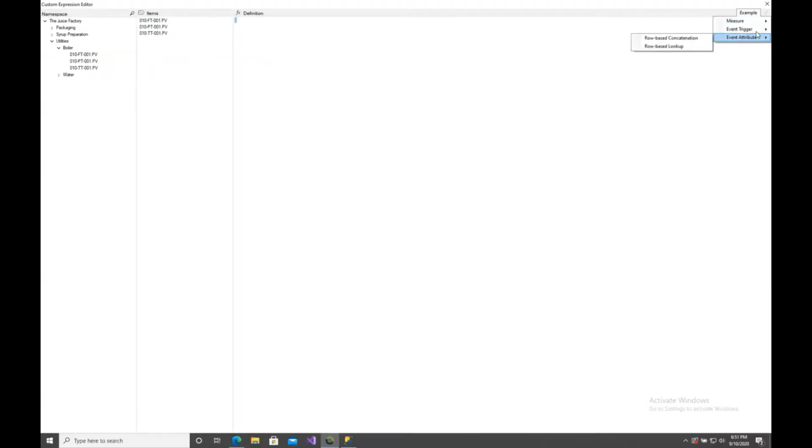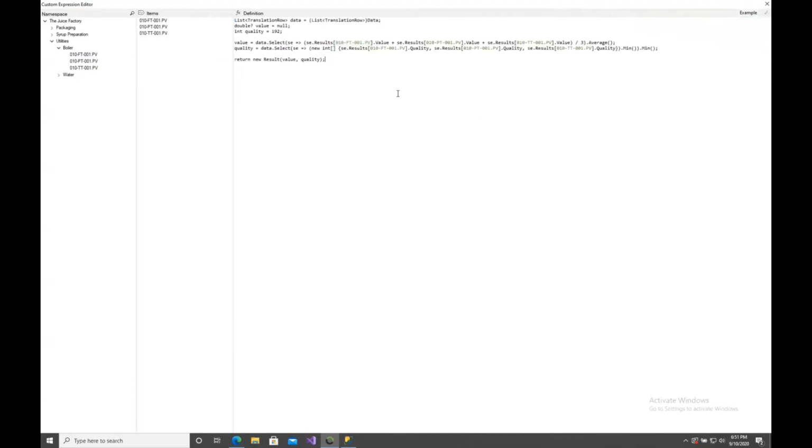I'll probably cover these two in further sessions. The one that I'm going to cover today is just our normal measure. And you'll notice that we've got examples of how to do a row-based sum as well as a row-based average aggregation there. So I click on that, in the average one as an example, it will just give you